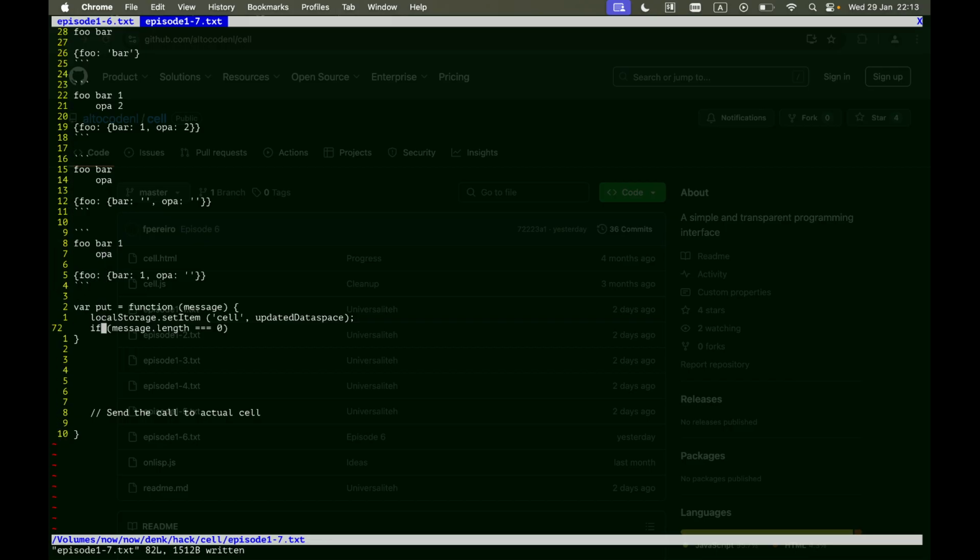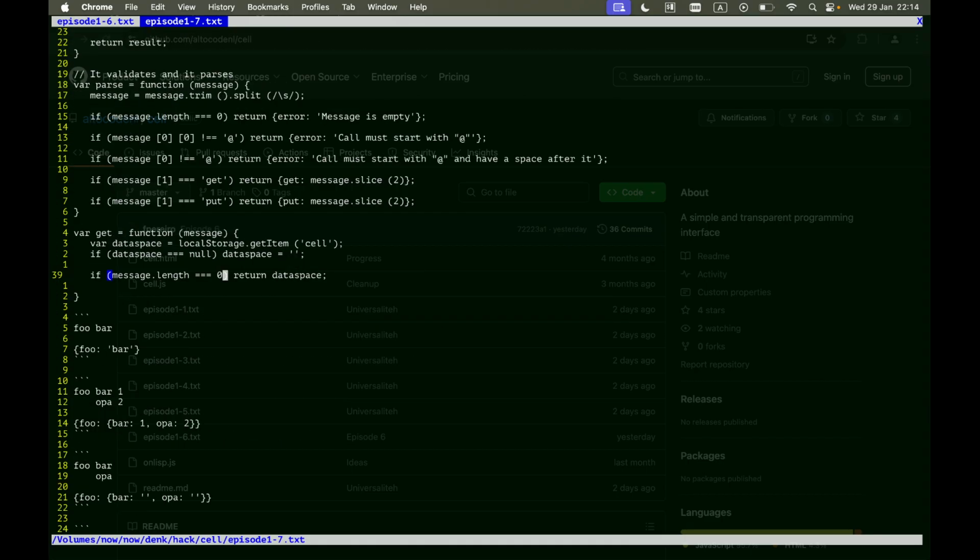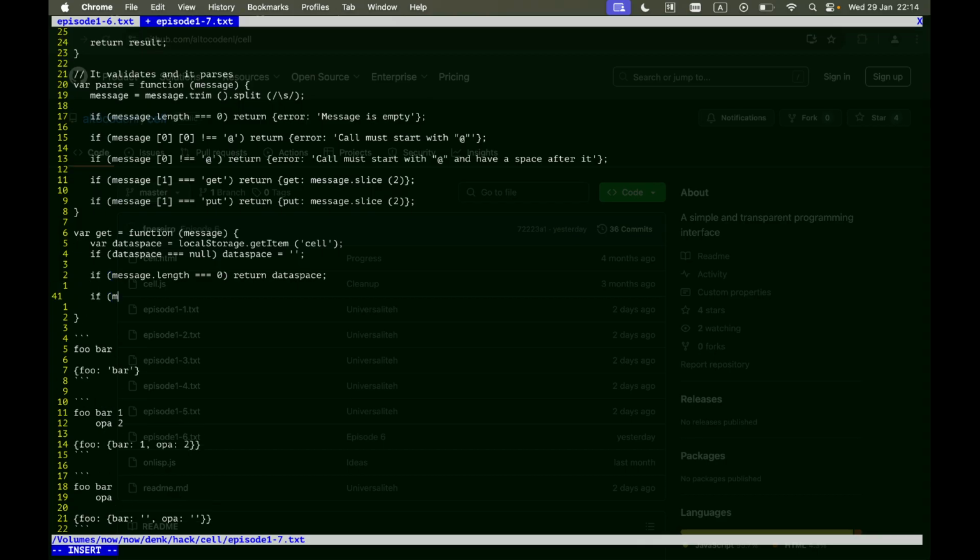So all of this to actually get to where we were before, which is if the message is length 0. Sorry, I'm completely losing it here. Message is length 0, I return the data space. Fantastic. So now, if the message has a length of 1, I don't want to add corner cases. I want to really just have one that gives me what I want.